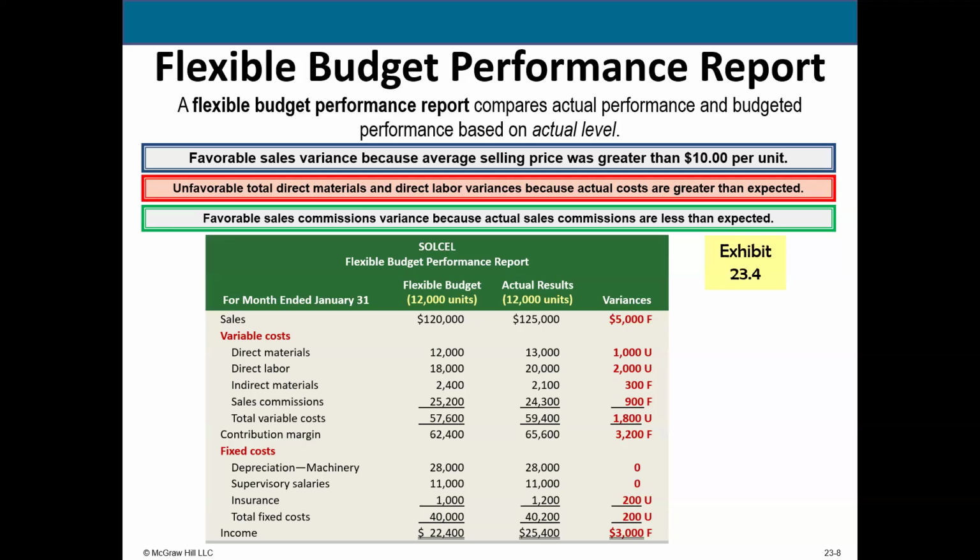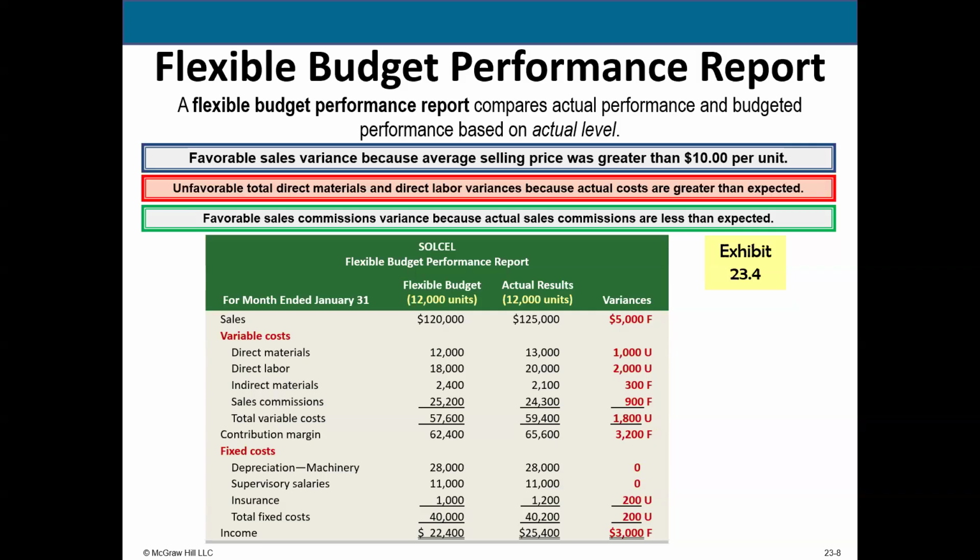Then when we look at our costs, we take the actual amount minus the budgeted amount to get our variance. And in this case, there's a $1,000 variance for materials, a $2,000 variance for labor. So I wonder what happened there. What this tells me is that I spent more on materials than I had planned.